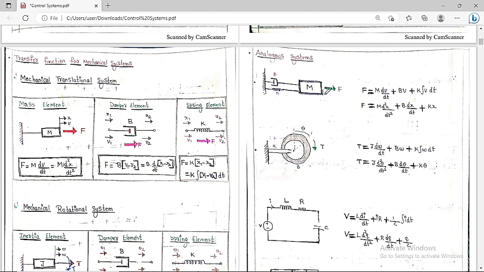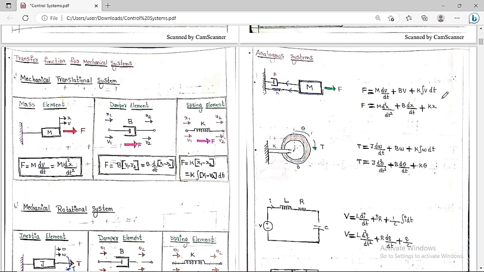Net force is equal to mass into acceleration. If this is the direction of the force, then definitely these two forces are in the opposite direction. So net force is F minus this force is equal to mass into acceleration. So we get F is equal to this force plus mass into acceleration. The same thing I have written: F is equal to m into dv by dt plus b into v plus k into integration of v